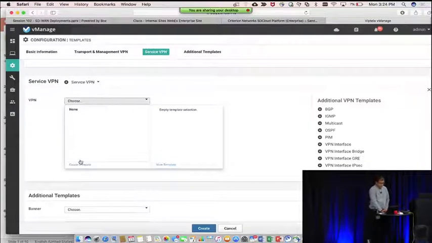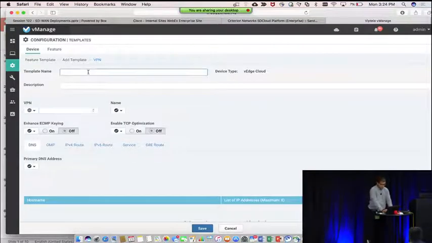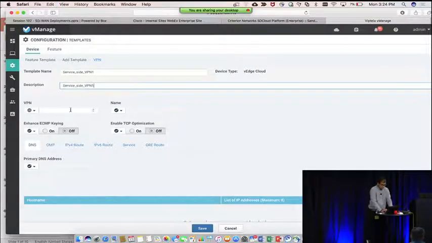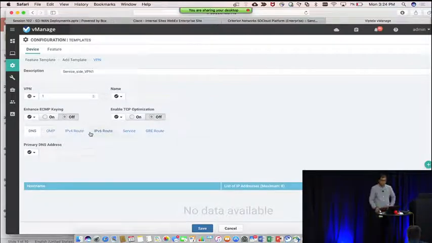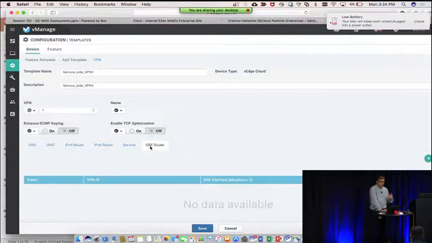Now, I can actually create a template for the VPN as well, for the service VPN. I can name it service side VPN 1. And then all the information that is related to VPN 1, I can put it in. If I want to have any static routes in it, or if I'm creating a GRE tunnel from these